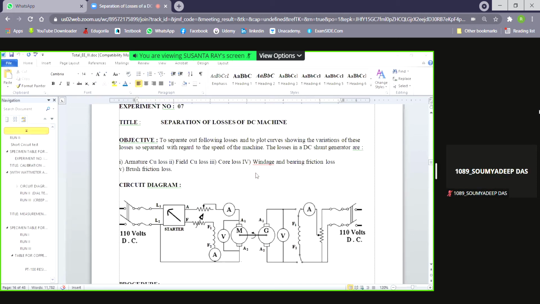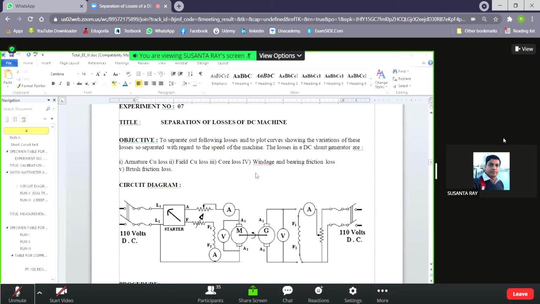I am asking that these two losses, eddy current and hysteresis loss, that you mentioned under the core loss, these two losses are frequency dependent mainly, isn't it? Yes, sir. Then why should we expect some core losses in case of a DC machine, because the DC machine is basically related to the DC current, isn't it? And DC flux. Main input and the output will be DC, but inside there will be AC current. And by commutator, we get the DC only.